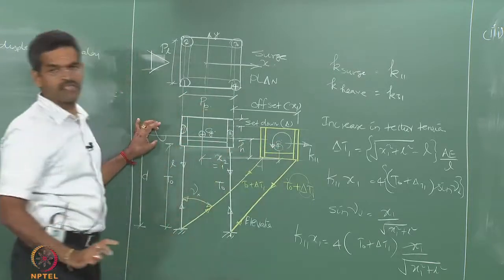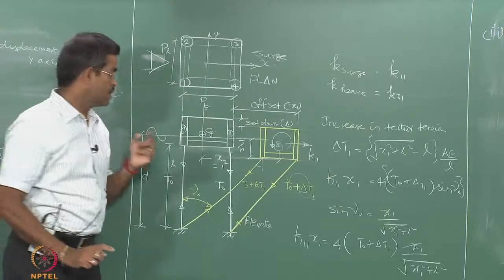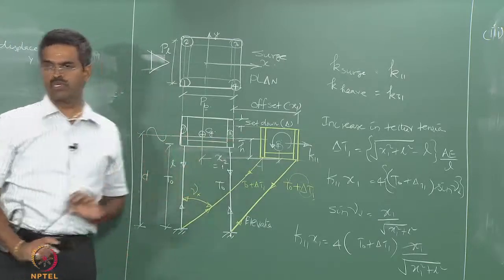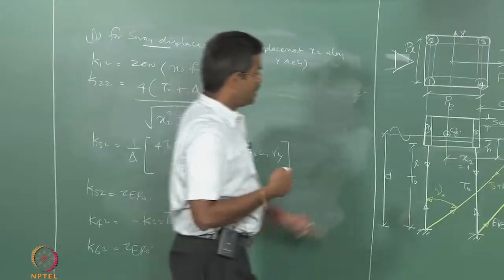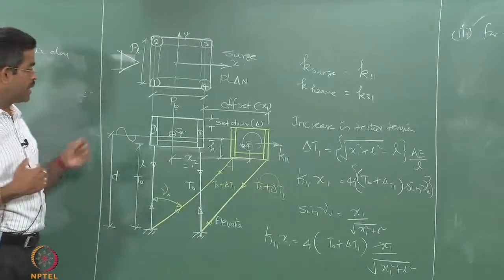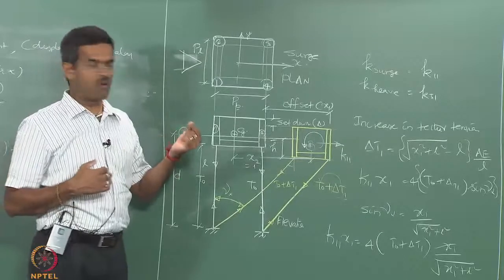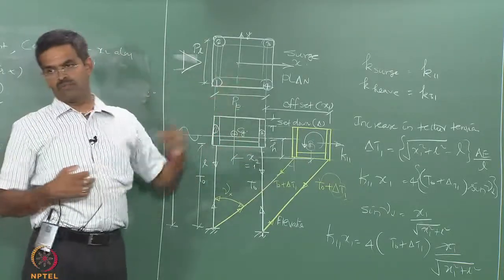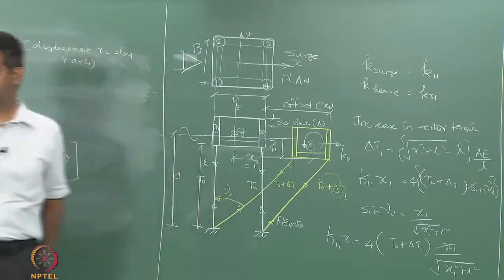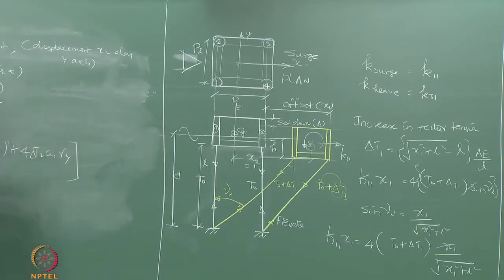There is going to be a draft variation alone, which will affect the submerged volume of the pontoons and the columns. Okay. So, the restoration force in the heave direction is going to come only by the change in displaced volume of the submerged members of 1 and 2 or 1 and 4, whatever may be the direction we look at. Okay. All the 4 will become effective now, because the platform is ideally moving only along the z axis.